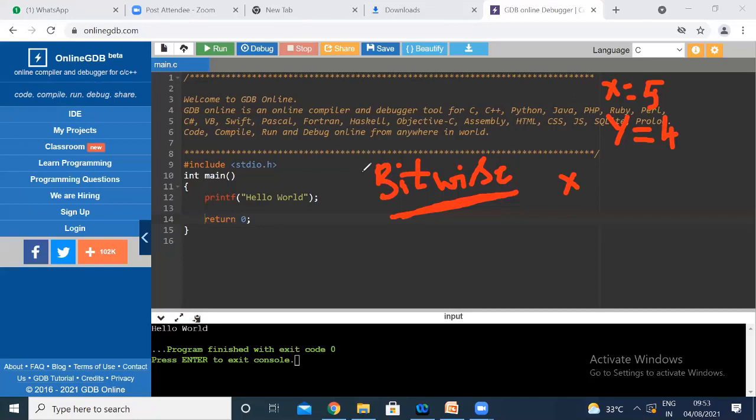Generally, in order to perform the swapping operation with bitwise operators, we have to use the exclusive OR operation. This is the symbol of exclusive OR. What is the output you will be getting with the exclusive OR operator?